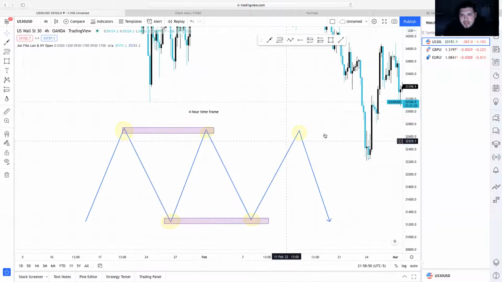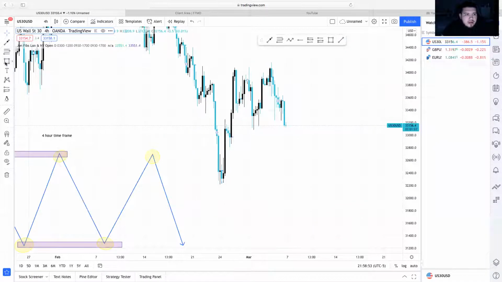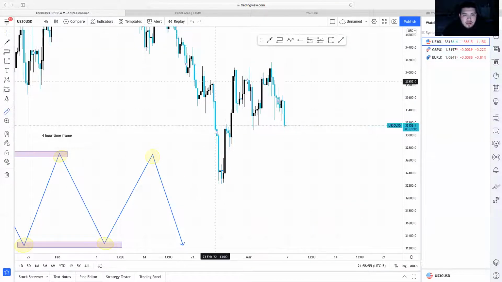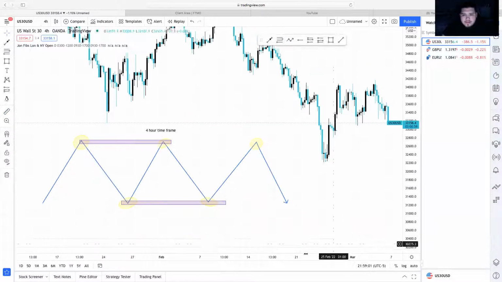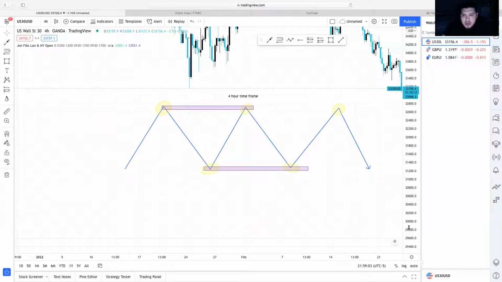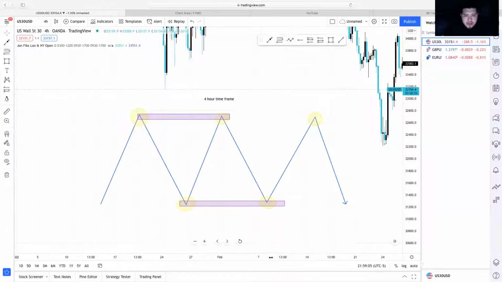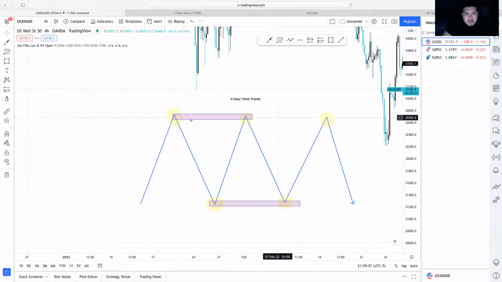Obviously, it's a lot different when you're looking at it from the market, on the actual charts. So from this high to this low, around 1,500 pips. It all depends on what time frame you're looking at it from. But I feel like the most important thing is obviously waiting for the market to respect that area, but also